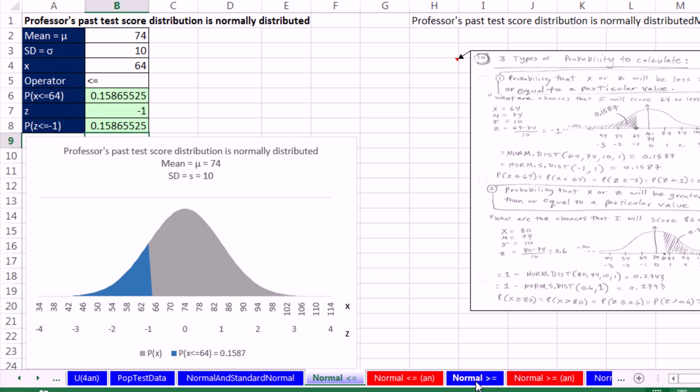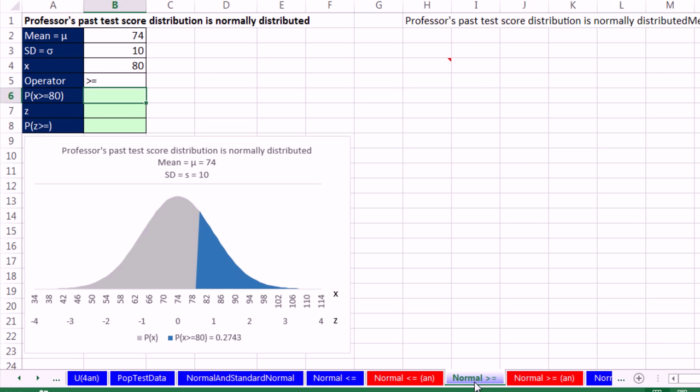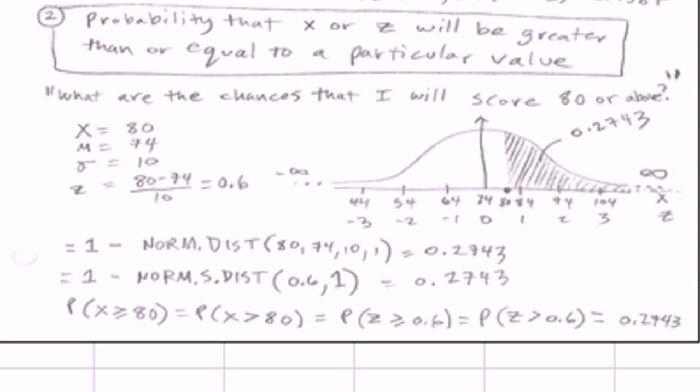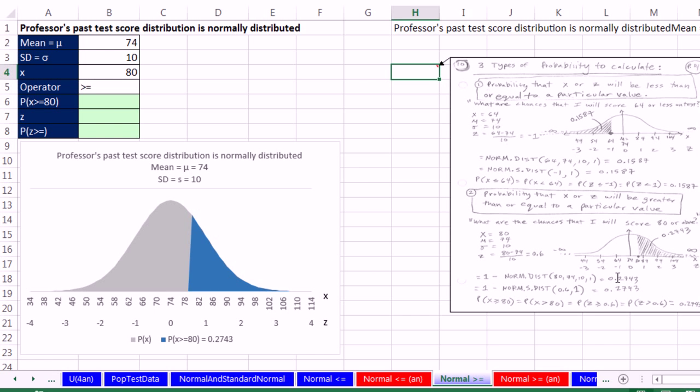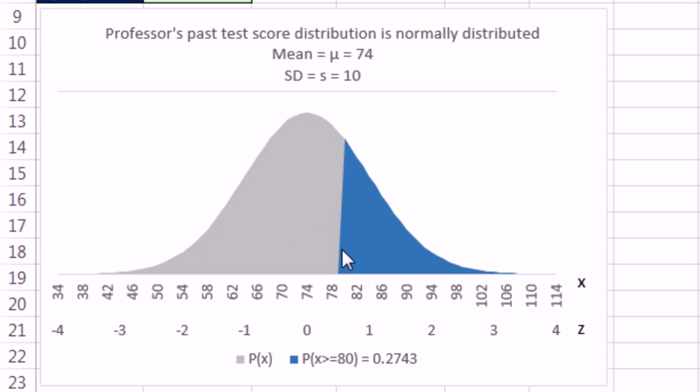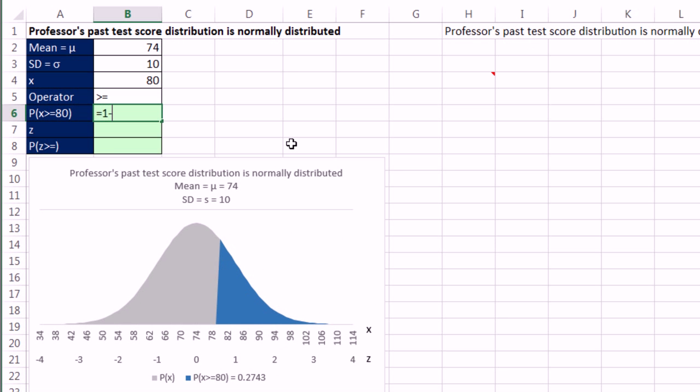Now I want to come over to norm greater than or equal to. So now we're asking the question, on the upper end, what's the probability of getting a score on this test greater than or equal to 80? I don't care if you draw the picture with the chart or if you come over here and draw the picture by hand. Nothing like drawing a picture to help us. All right, so what's the probability? So if I give it 80, it's going to spit out this. And since I want the upper end, I have to do 1 minus. So equals 1 minus